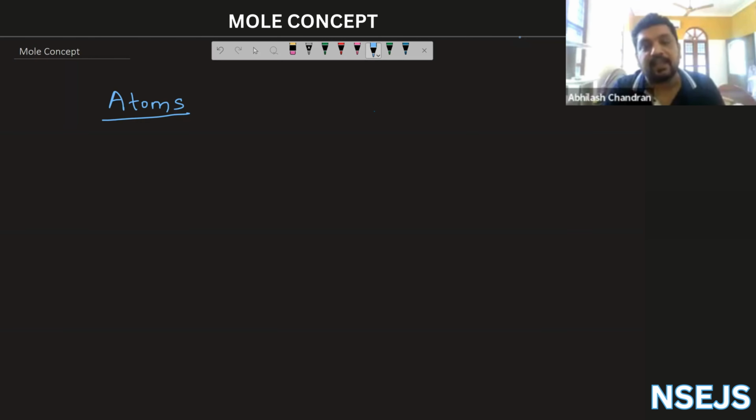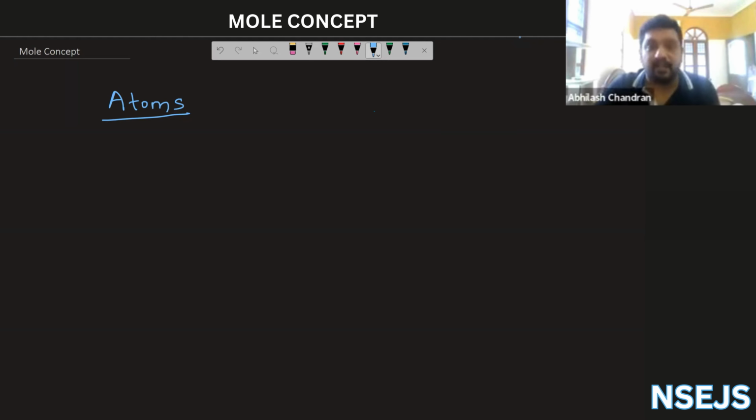the smallest. They are made up of protons and neutrons in the nucleus, and the electrons, the subatomic particles' discovery and all. We'll be dealing with all of that as well, although in atomic structure we'll deal with it in a different way, through the history behind all of them. But here in this chapter, mole, because we are going to define a term called mole,